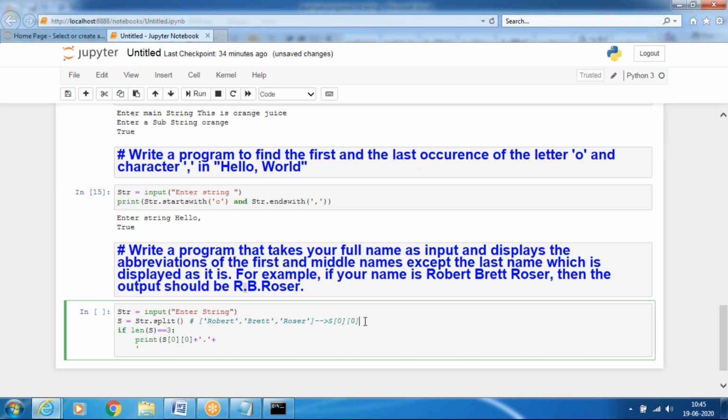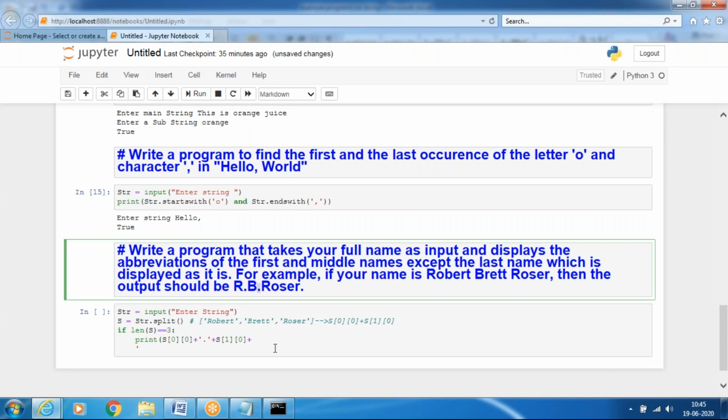The position is, I want the B, that's why s of 1, the 0th position element, plus after that the same dot symbol.